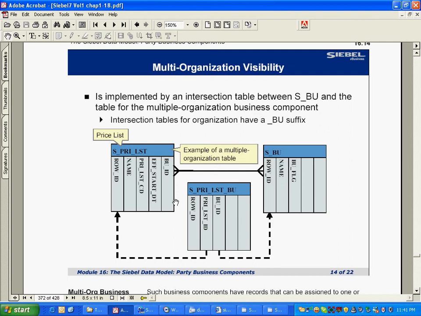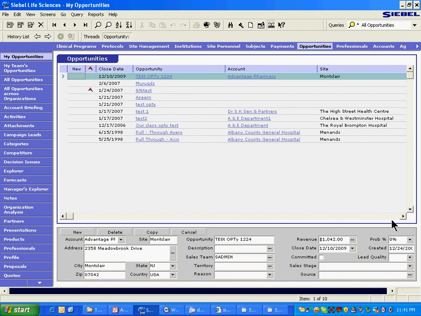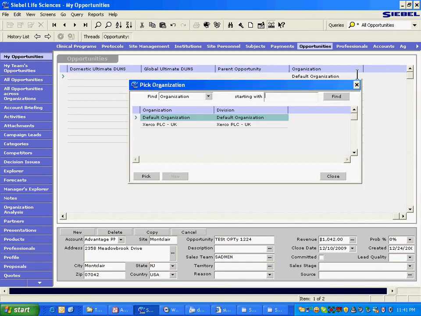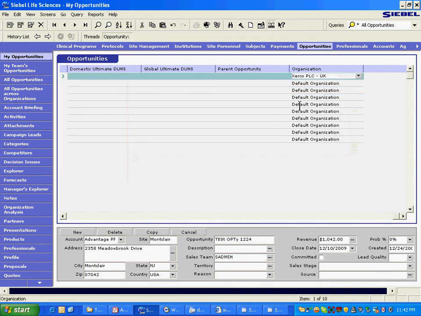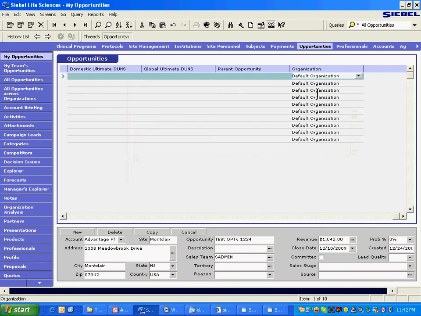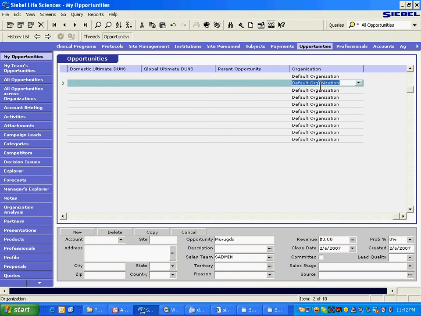So what happens is, in Siebel 6, there could be only one organization. All the data could be related to only one organization. So it was a pick applet. This is Siebel 6, right? You could only pick one organization at a time. You could not pick multiple. Yeah, there were multiple organizations available, but you could pick only one at a time. You could not relate one data record to multiple organizations. In Siebel 7, you have multi-org. You can relate it to multiple organizations. Okay? It has a lot of repercussions as far as business is concerned.